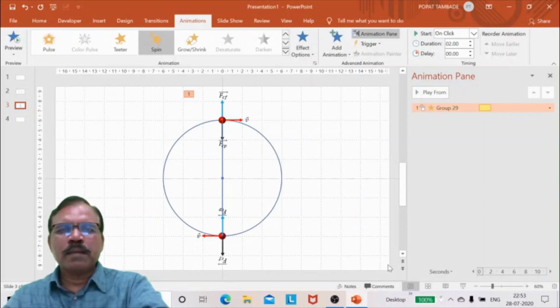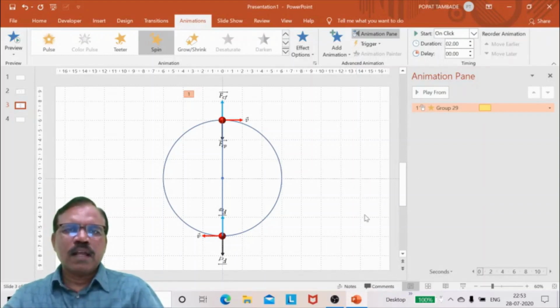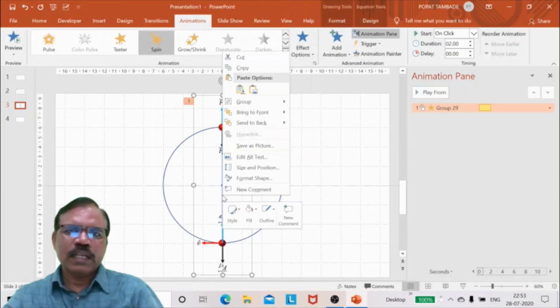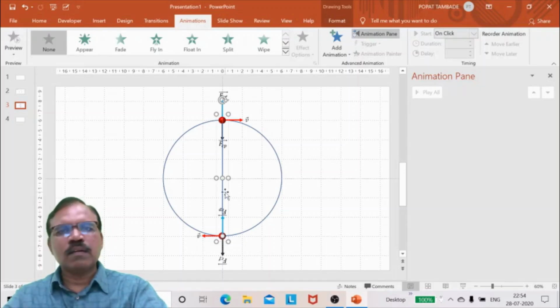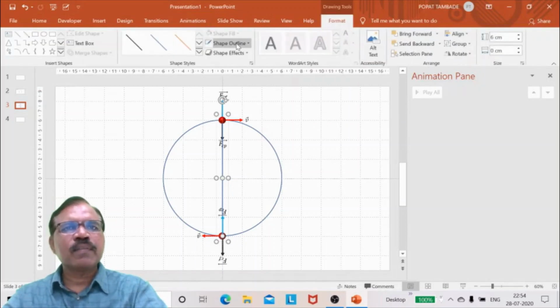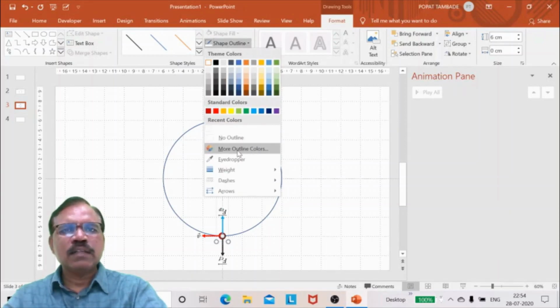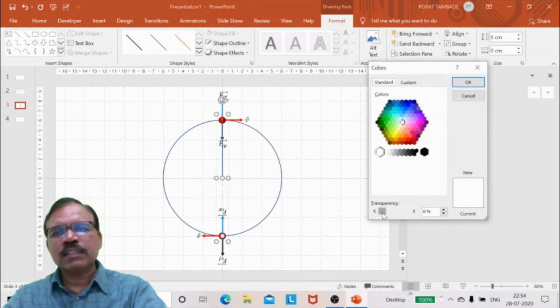Now here I have to make this lower part invisible. So again ungroup this and select this group, and in that group select this lower line by pressing shift and right click of mouse, and go to format and make outline white as well as more outline colors.